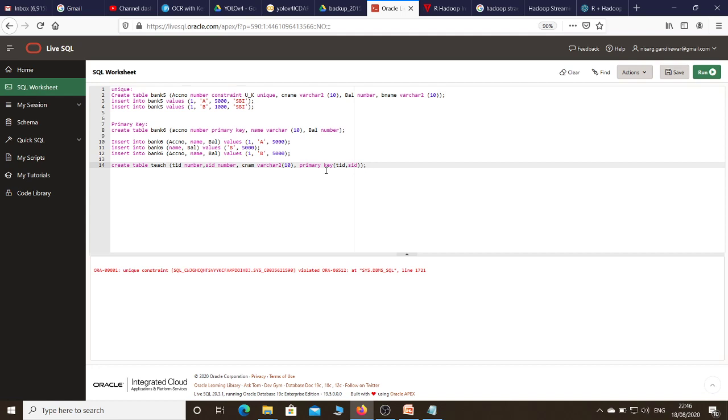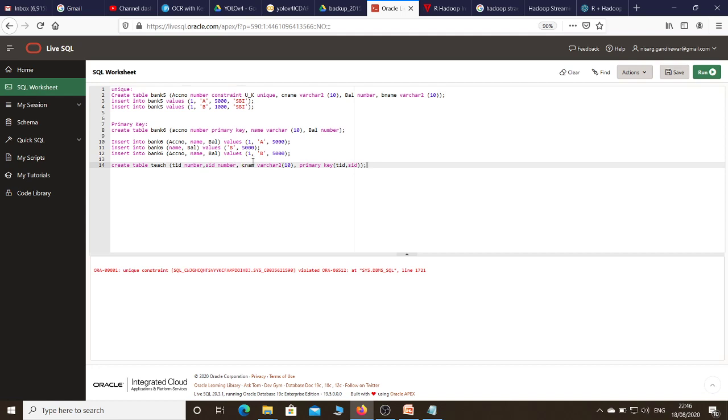But this is not possible with a column level constraint. What is the reason behind that? Because we know that a primary key constraint can be applied only once in a table. It should not be repeated. Suppose I applied TID as primary key and SID as primary key, it will not allow.